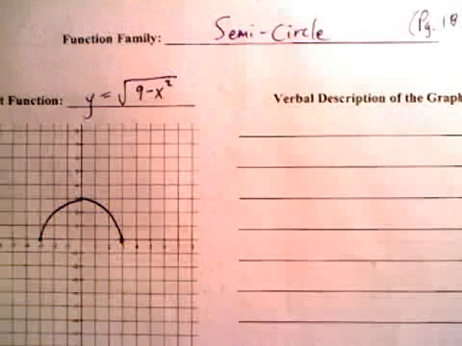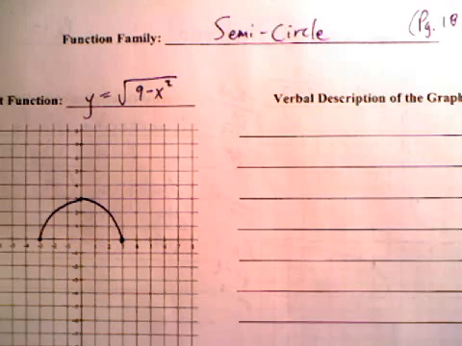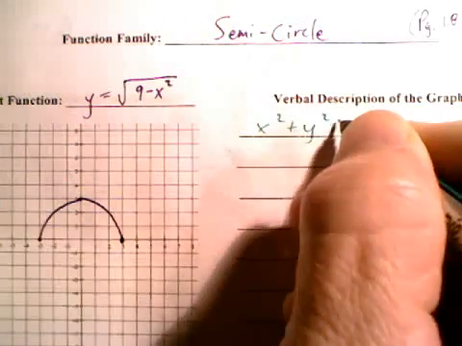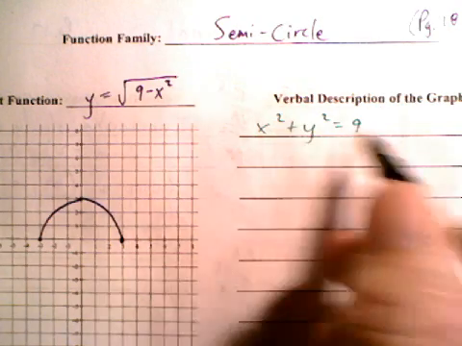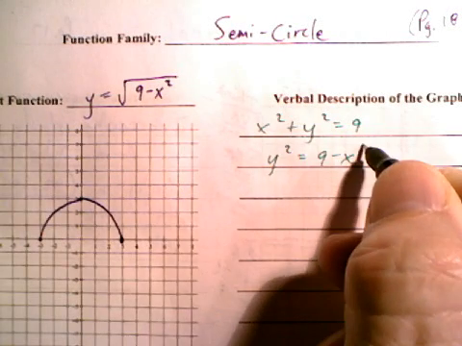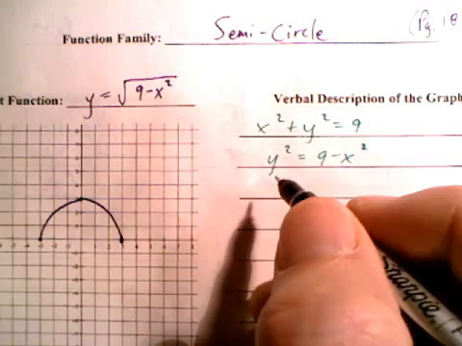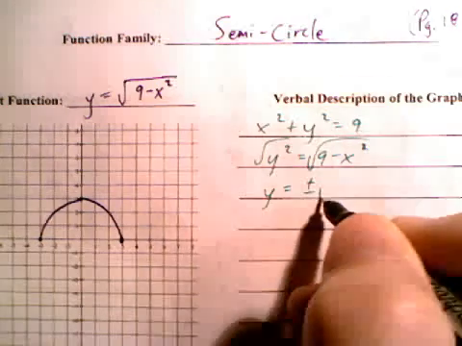9 minus x squared. What I do want to show you, though, is how we get this top half of the circle. If you remember, x squared plus y squared equals 9 is the equation for a circle that has a radius of 3. Well, this particular circle, any circle, is not a function, and so we need to solve for y to make it a function, because when we get y by itself as a function of x, we have a function. When we take the square root, though, we get y equals plus or minus the square root of